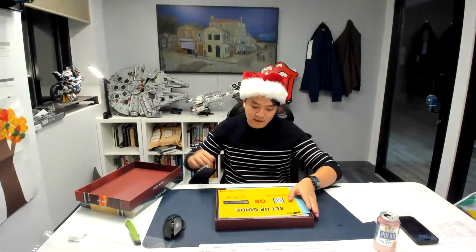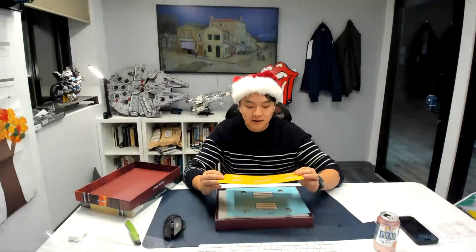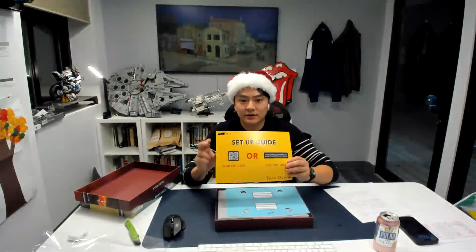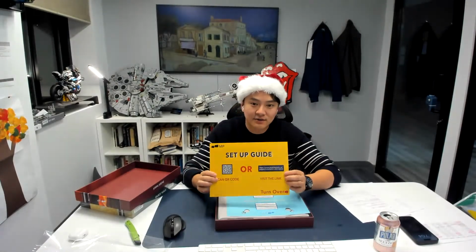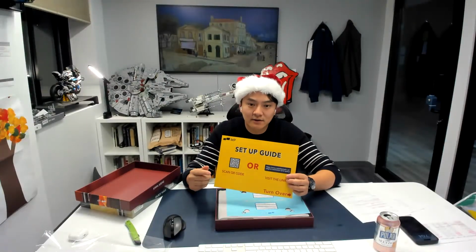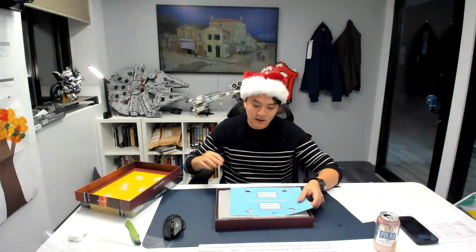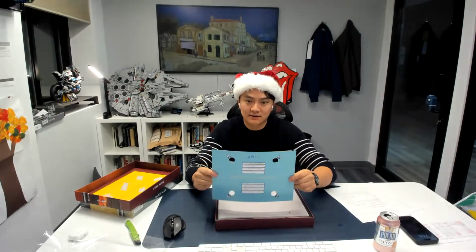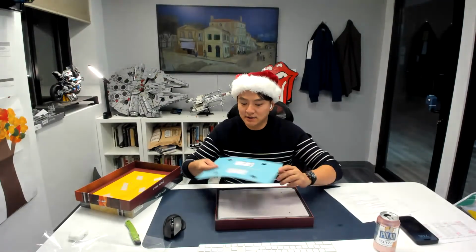So I'm just opening up the red unit right now. Inside we have the setup guide, basically instructions on how to mount this on your laptop. This is a QR code and a web URL that takes you to our installation page where there's a video that shows exactly how to mount it, just like the attachment guide. This is a mounting template. You place this on top of your laptop. You stick the magnets through these holes. It basically lines it up. So you'll be able to use this on your laptop as long as you use the mounting template. The unit itself